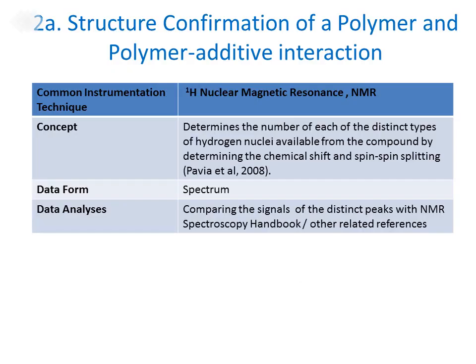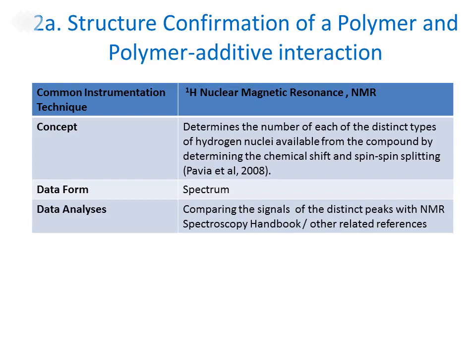There are two ways to confirm a structure of a new polymer or to determine the interaction that occurs between the polymer and the additive added. This is important as the presence of additives may alter the properties of the polymer host. Additives can be another polymer, a plasticizer, a filler, a salt, or any chemical compounds.